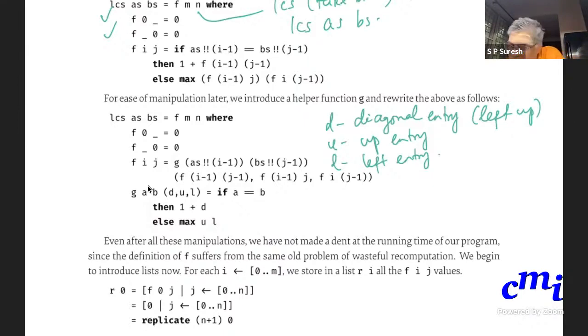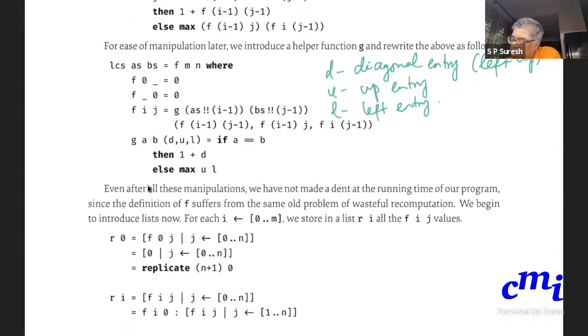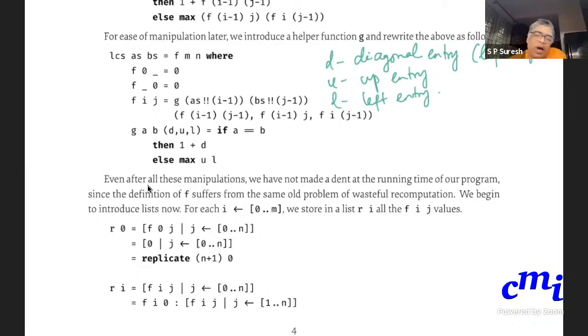Just like with fib, now we will try to store every value in a row in one list, and then we'll store every list, every row, in a bigger list, which is a list of lists, and then hopefully the kind of efficiencies that fib displayed, you can show here too. Okay, good. So let's look at.